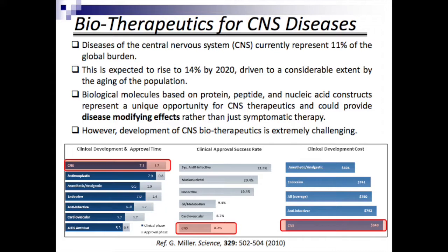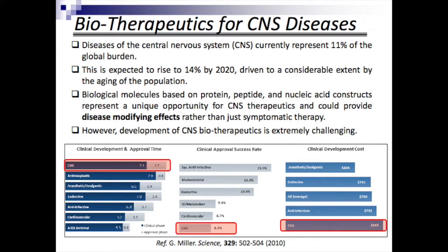The life expectancy is increased, and more importantly, some of the challenges with development of therapeutics are quite astounding. And one of the interesting things about the molecules that we and others are interested in looking for therapeutics in the brain are these biological therapeutics, and they include peptides, proteins, nucleic acid-based molecules such as small interfering RNA, as